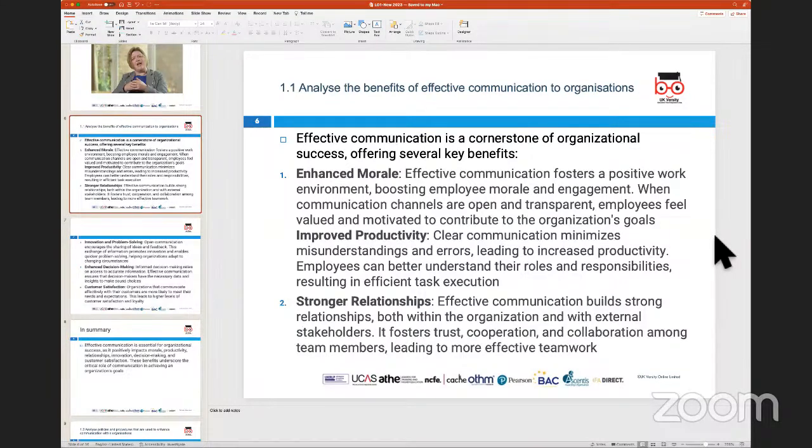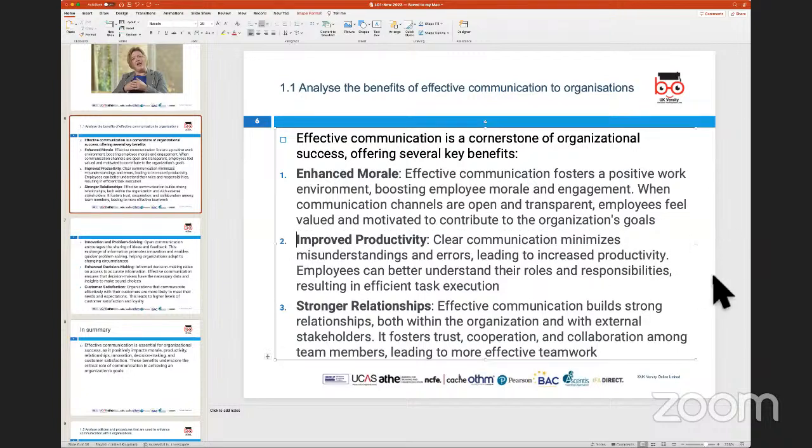Generally, if communication is transparent and honest between the manager and their employees, or between the owner or the director of the organization and the employees, or between your supervisor and your employees, then you would generally see your self-esteem, your morale and your overall attitude towards the organization tend to be positive. So effective communication is quite important because it tends to enhance the morale of employees working within a particular setup.